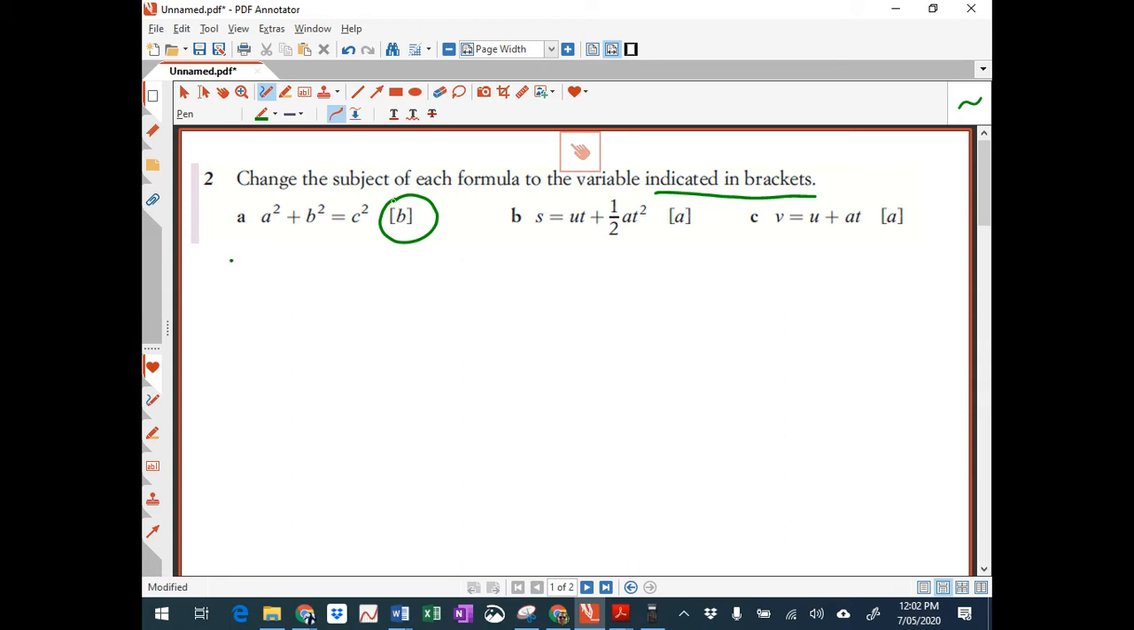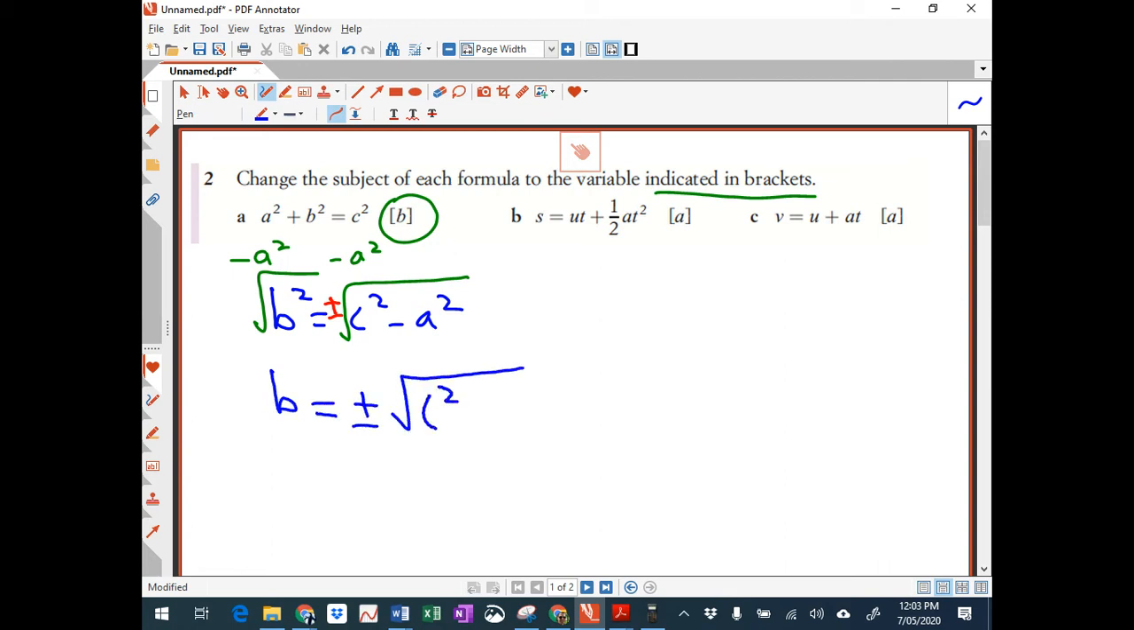first one. So I'll start off by minusing a squared from both sides. And that'll give me b squared is equal to c squared minus a squared. Okay? And then the next step, you're going to square root both sides to get the b by itself. And remember, when you take the square root of both sides, you must do a plus or minus sign. So my final step then will be b is equal to plus or minus the square root of c squared